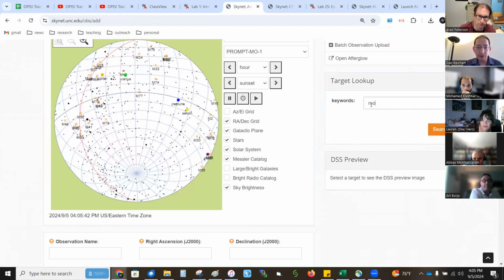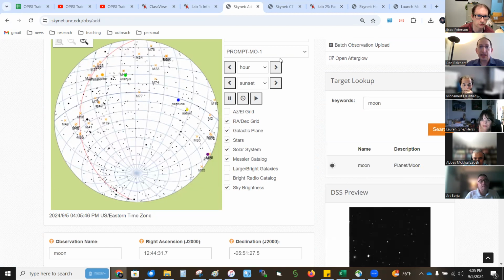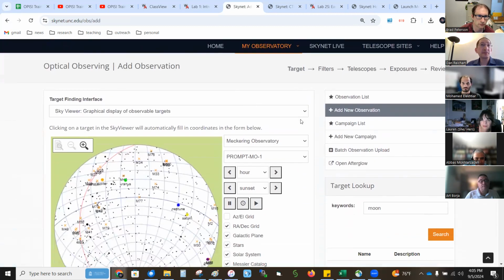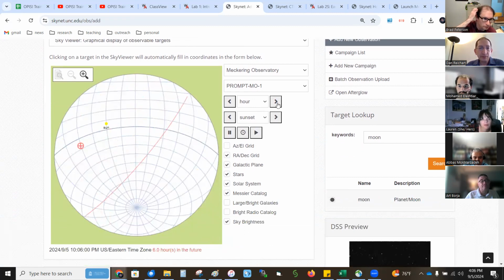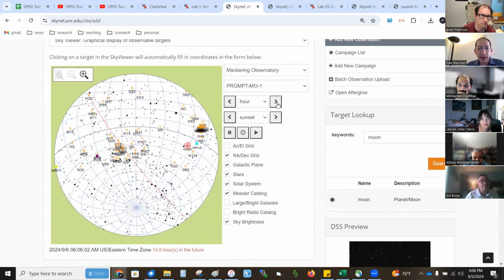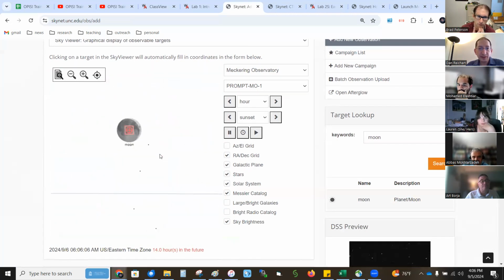It's going to be the moon. And right now we're having some problems with their telescopes in Chile. They'll come back online soon, but your best bet's probably Meckering or something. So here's now. Yeah, the moon is close to the sun right now, but within a few days, you have a better separation. I'll zoom in here.